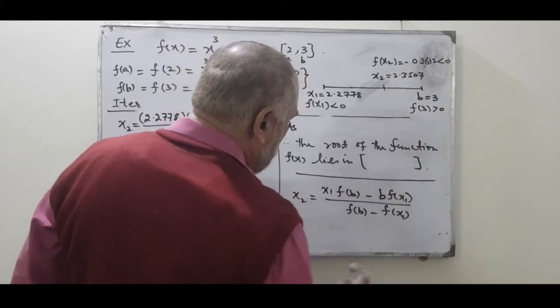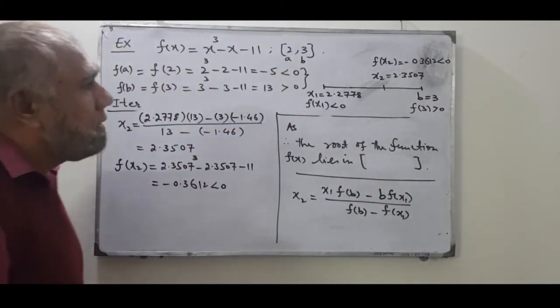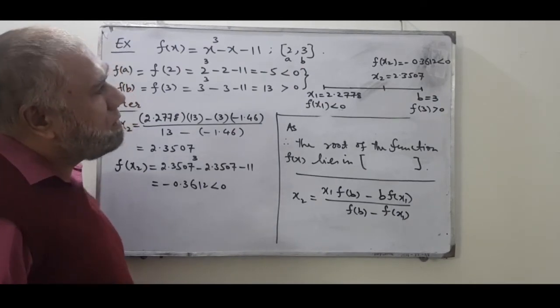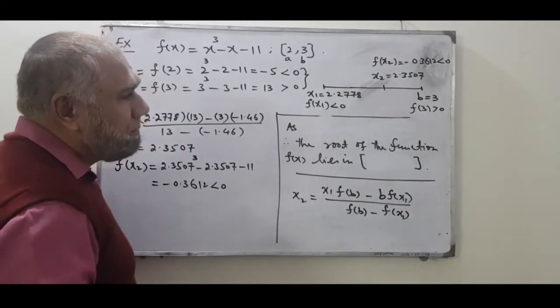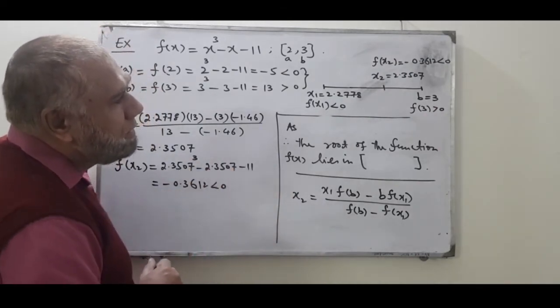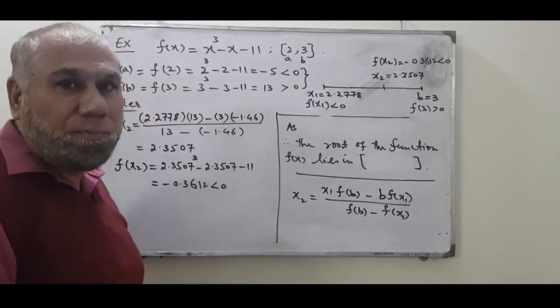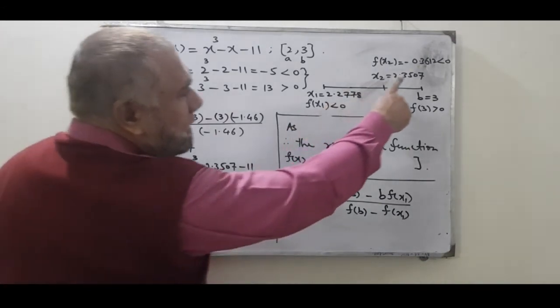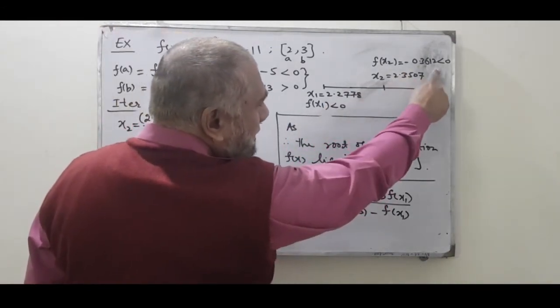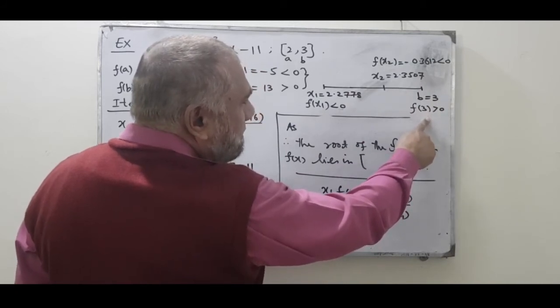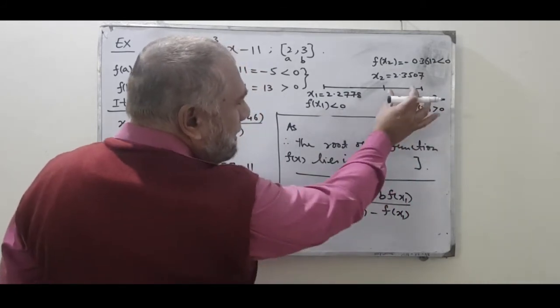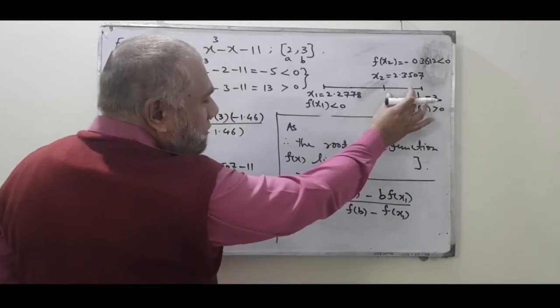Now looking at all this information, let's erase it from here and then we decide which is your new interval. Now we have to choose which part to discard. The principle is the same. You have to select those two endpoints where we have the opposite signs. At x2 the function is having a negative sign, and at b we have the positive sign. So this part will be the new domain for the next iteration,